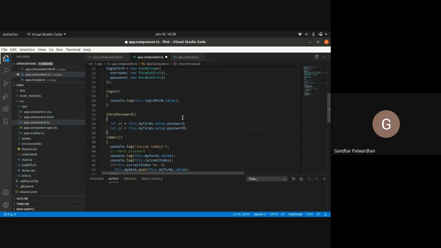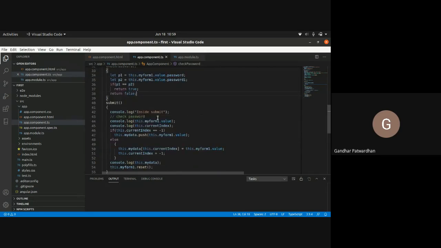You can also go via controls, means this dot my form1 dot controls dot password dot value. That way also you can get its value. Then I'll say if p1 equals p2, I'll say return true. Otherwise, I'll say return false.